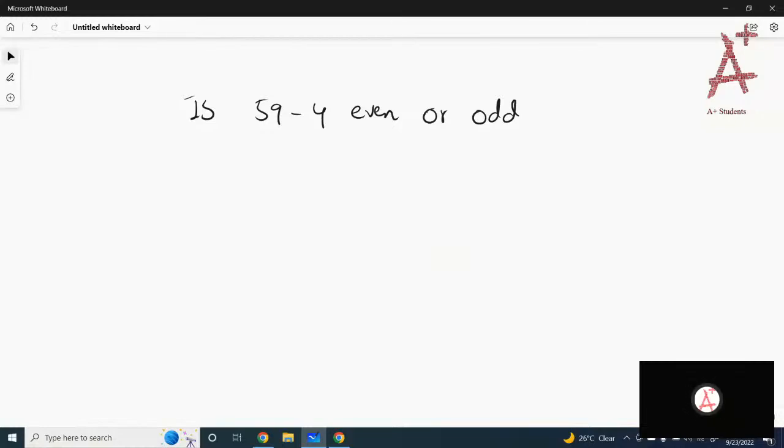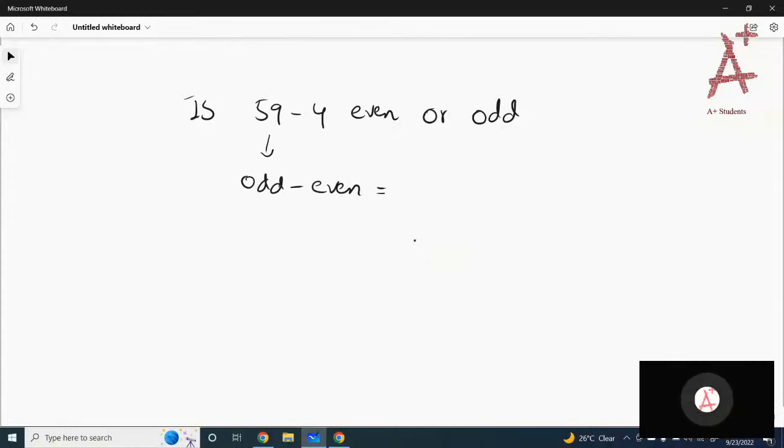And what about 4? 4 is even or odd? 4 is even. So you are subtracting an even number out of an odd one. 59 is odd minus 4 is even. So when you are subtracting an even number out of the odd, the answer must be